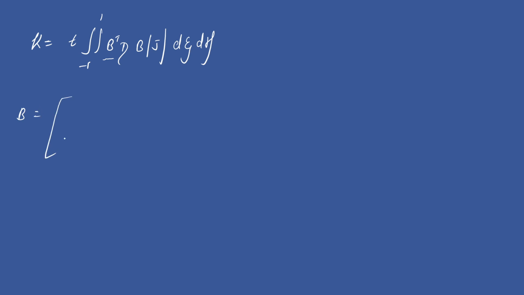So what has been asked? Usually the stiffness matrix is given by the integral from -1 to 1 of B transpose D B, modulus of J, d xi d eta. So what is the B matrix? For a plane strain element you all know that B is given by